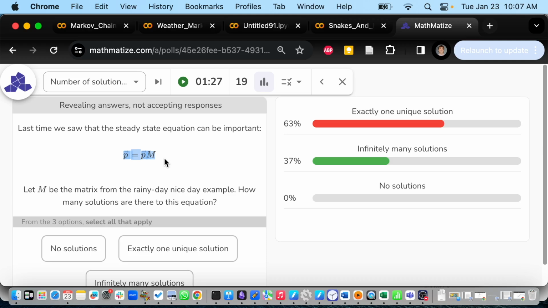But the problem is if you just put this in the computer, you will get the wrong answer, because the computer, of course, will only do what you tell it to do, not what you want it to do. And if you tell it, please solve this equation, you're going to run into this infinitely many solutions thing. So let me show you that.